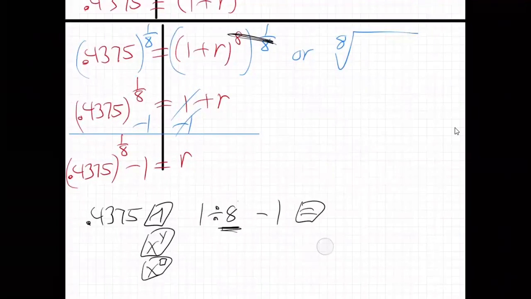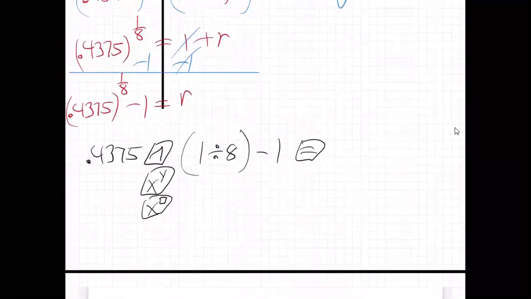Well, how you tell your calculator that is parentheses. Parentheses are grouping symbols. They group the 1 and the 8 together, telling the calculator the whole thing is the power, 1/8 power. The 1/8 power minus 1. I'm getting the answer. R equals negative